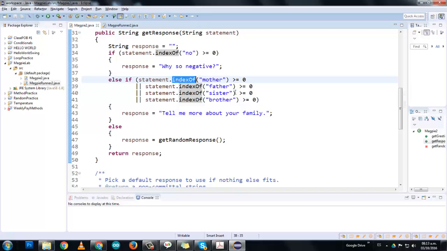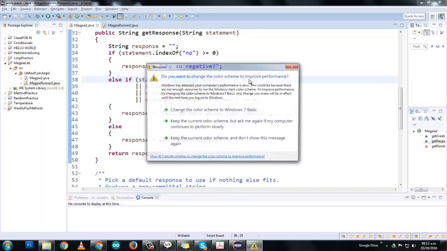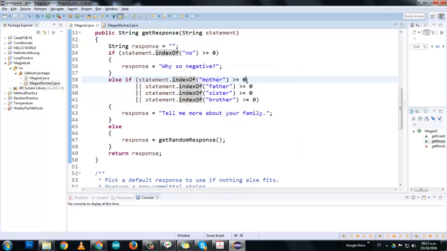So that's why you use the else if and say if it's greater than or equal to 0. You say it's greater than or equal to 0 because there is a position inside the string that contains the